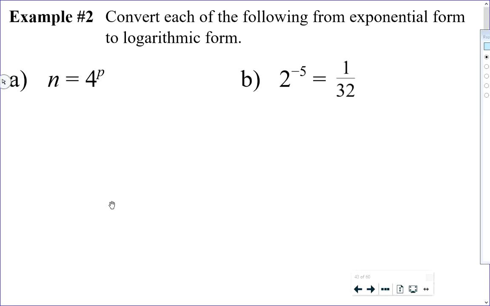So, write all of these in the other language. If n is equal to 4 raised to the p, that's an exponential description of the relationship between n and p. If n is equal to 4 to the p, how do we write that in logarithmic form? Well, one thing I'm going to tell you in a few minutes